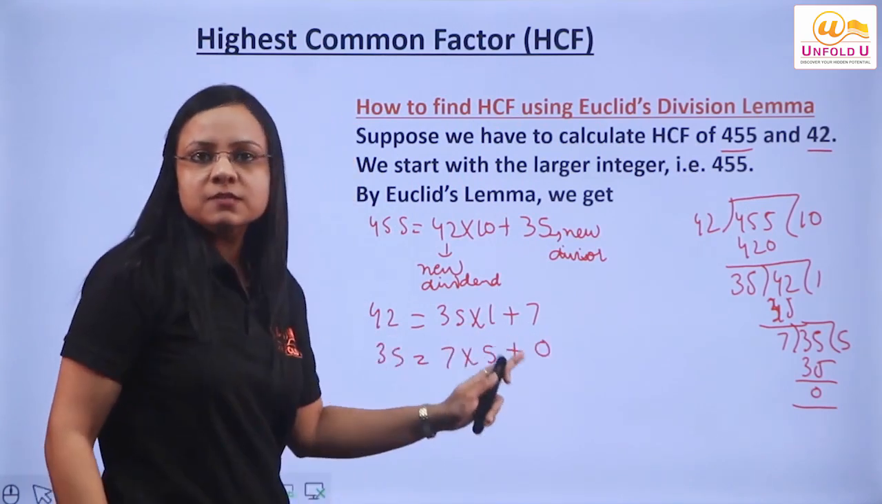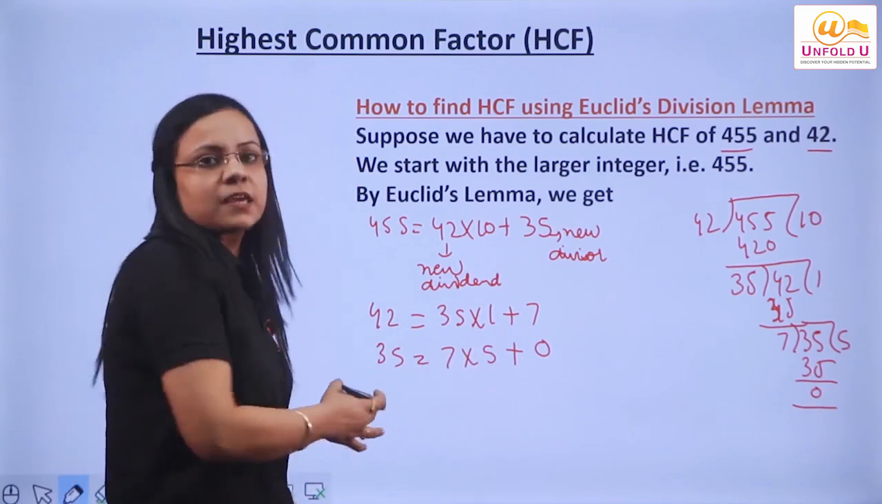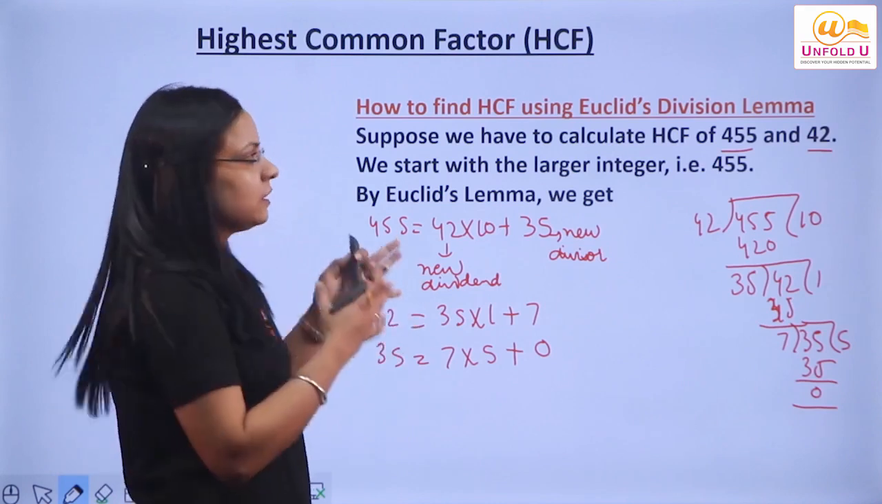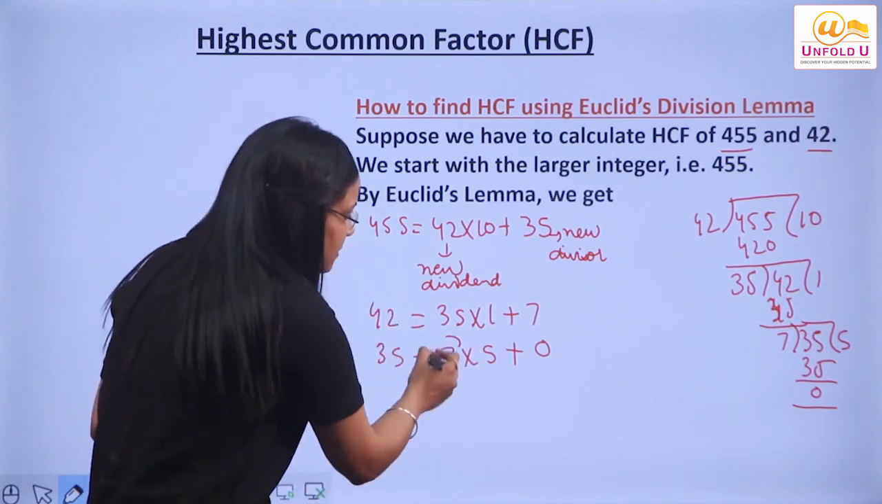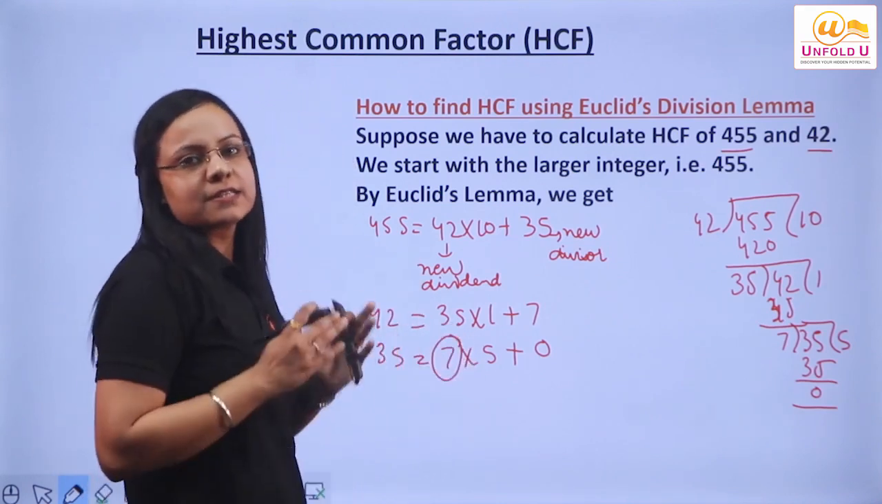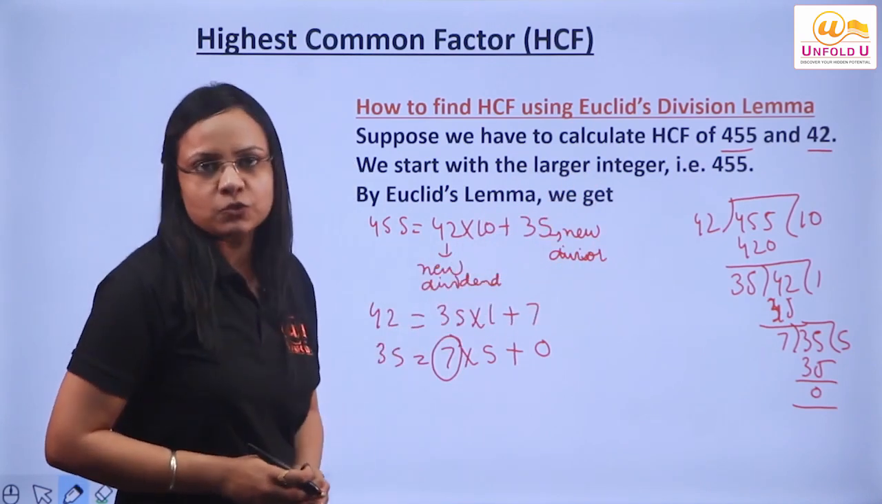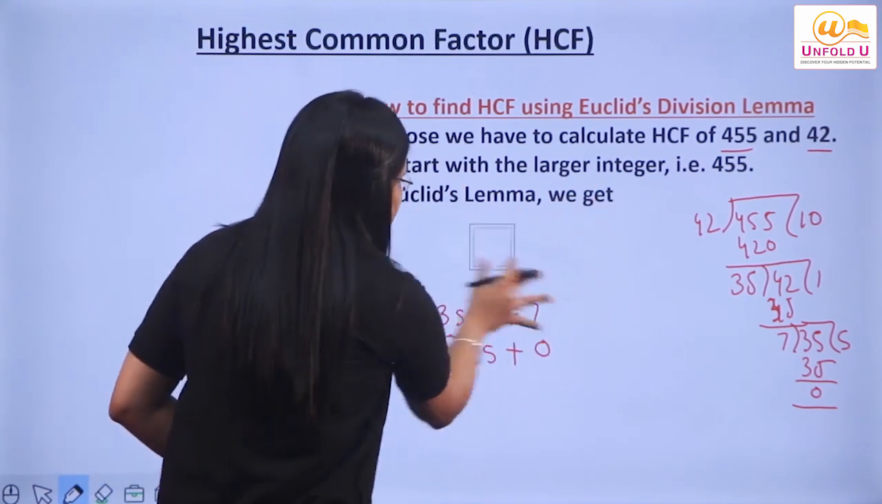Now as the remainder is 0 in this case, whatever is the divisor, that is the HCF of the given numbers. So the divisor here is 7. So we write that 7 is the HCF of 455 and 42. Now next example is,